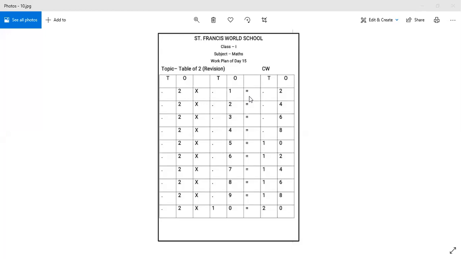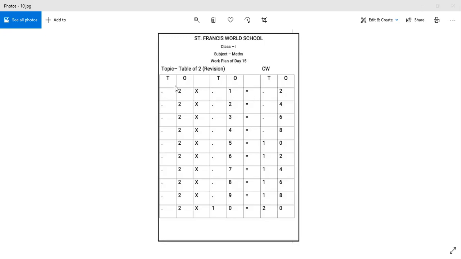Now, let us read our table from here. Over here, I have started with tens, ones, then a blank box, then tens, then ones, then a blank box, again tens and ones. So you can find we have made a maths check-box notebook, just like you all have. When you are copying it in your notebook, don't forget to leave blanks between tens and ones. Why are we doing that? Because we have to put a multiplication sign and also an equal to sign.